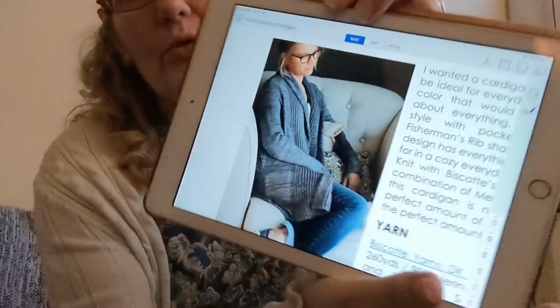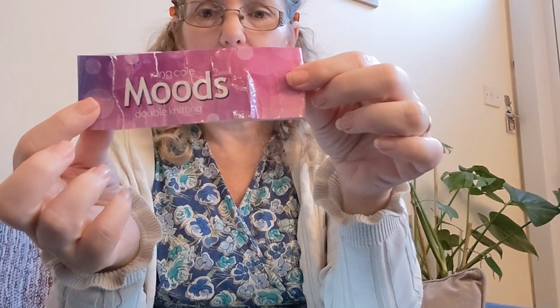I am doing the small, and that comes out a 44-inch chest. So you want it between 8 and 12 positive ease. I'm doing the same size as the lady in it, because we've both got the same chest size. So I'm doing this small. I'm literally just started to cast it on. My yarn is King Cole Mood Duet in the Moody Blue colourway, and this is a wool acrylic blend, which is really soft,